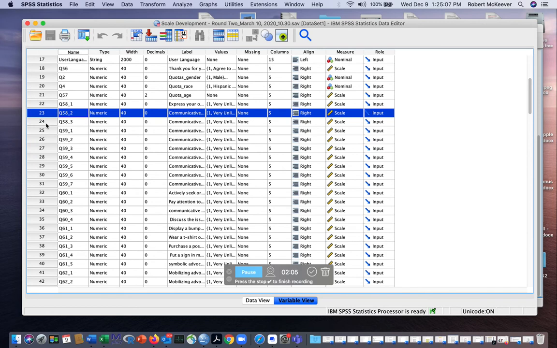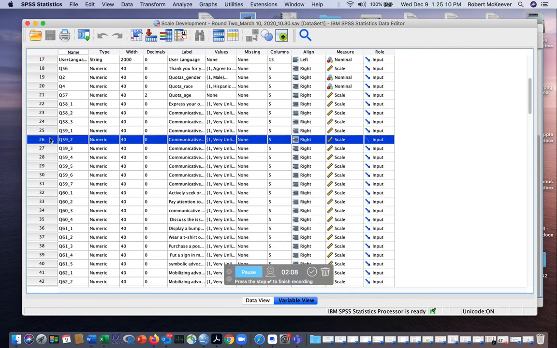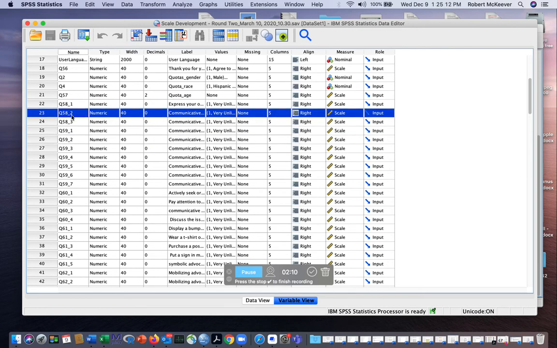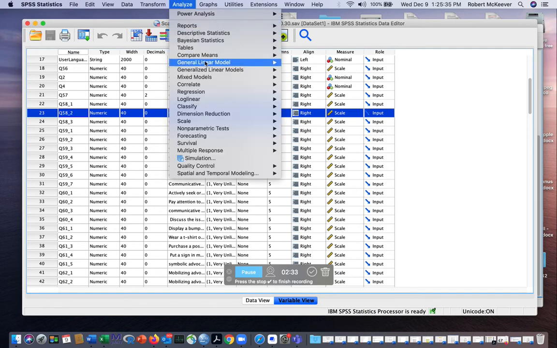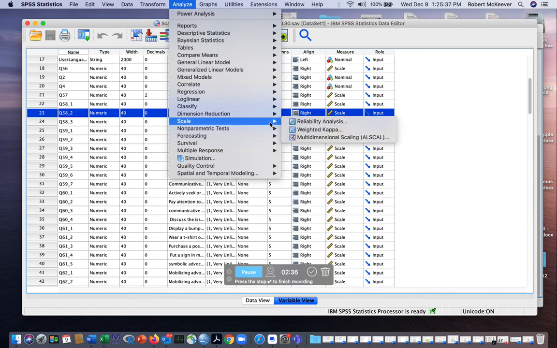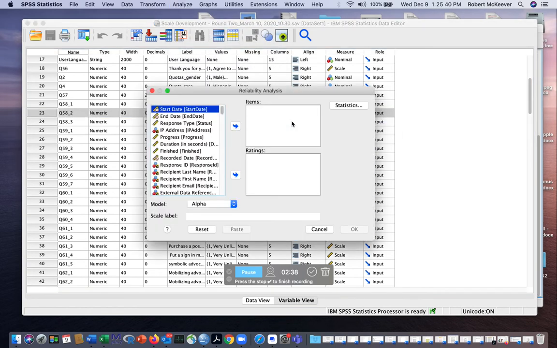So let's say I have a multi-item scale that involves these 4 items, Q58.2, and this is again just the format that they come from Qualtrics. You can actually customize that, and we'll discuss this some in class, as in the way that the data set is going to be organized based on how you label your variables. If I want to know if this forms an internally consistent set of items, or maybe I'll use Q59 1 through 3, I can go to Analyze, go to Scale, Reliability Analysis,